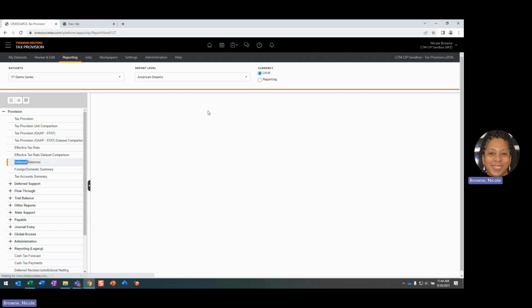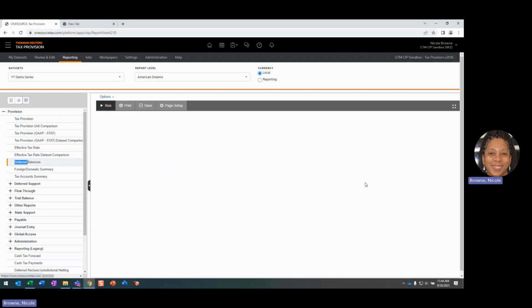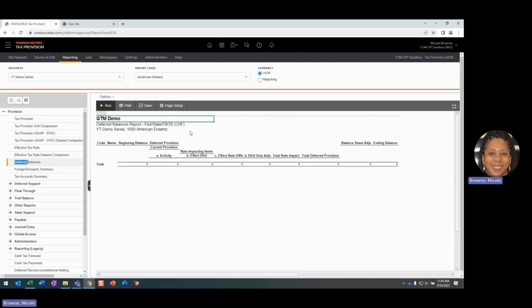But I'm going to try to run this now in my local currency. And what it should bring up for me, if it's unstuck itself, is the actual acronym for the currency that we have set up as the local currency. So this is typically the only place that you will see the currency, as part of the header in the reports when you run the local currency reports. Now, if you are running it in a consolidated group, you will not see the actual currency. It will simply say local, because it's possible that you're running multiple currencies within a report,